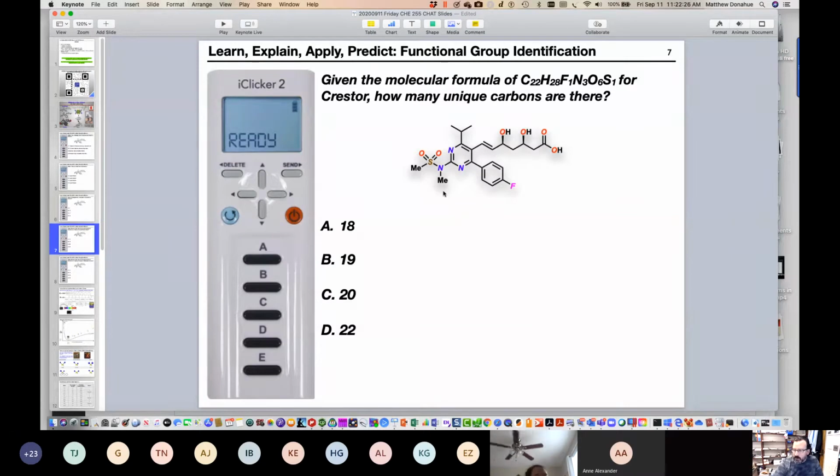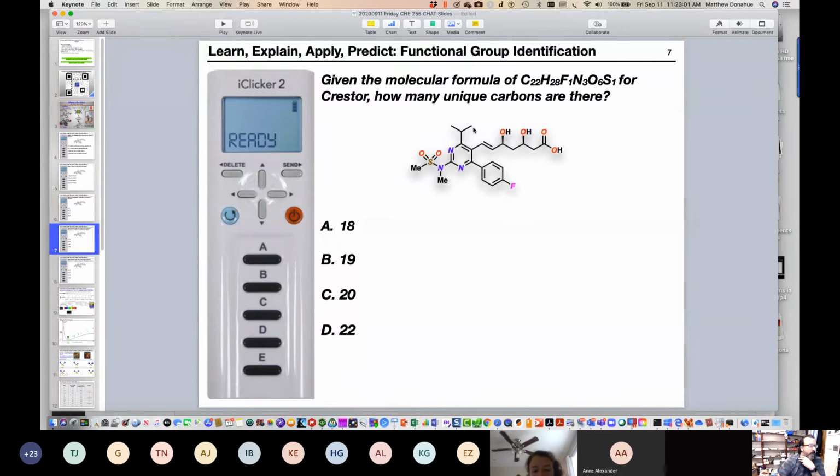Some immediate responses say no, and that is correct, because this methyl group is bonded to a sulfur, and that methyl group is bonded to nitrogen. So yeah, they're different, right? So we have 1, 2. Here's a carbon, that's 3. Let's stay in this ring, 4, 5, 6. Now let's go up here. So we're at 6 so far. Let me write that down so I don't forget. 6.